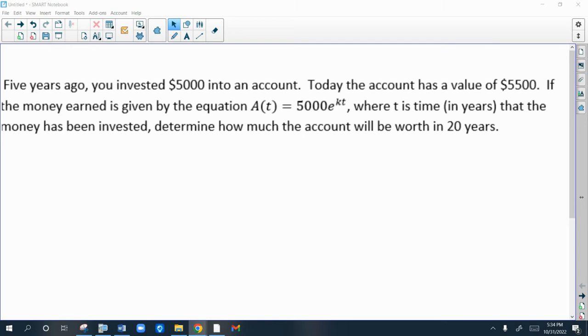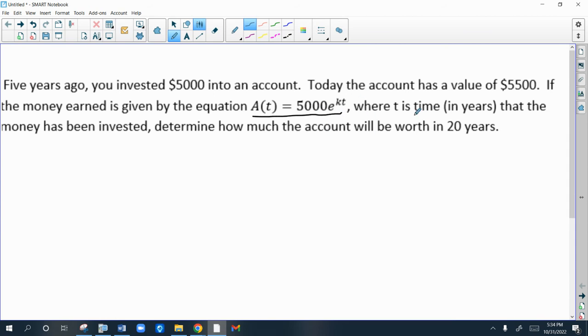So here's an exponential equation. It's an economic example, a word problem. So we're going to read it and answer the question. So you invested $5,000 into an account 5 years ago, and today it's worth $5,500. So the money earned, they give you this equation,